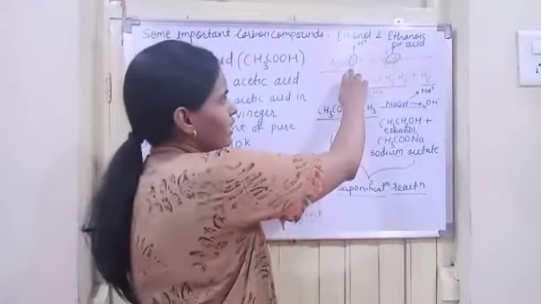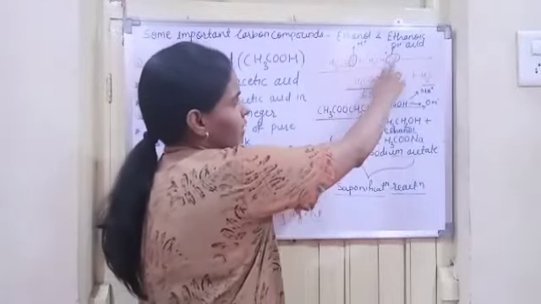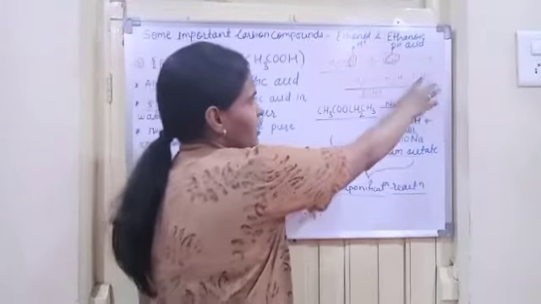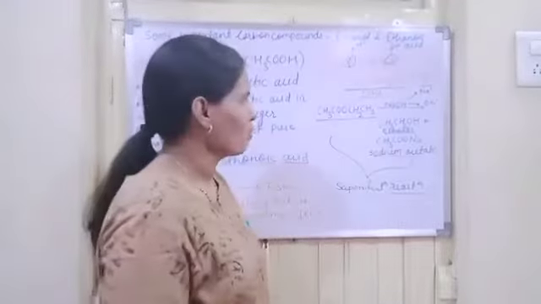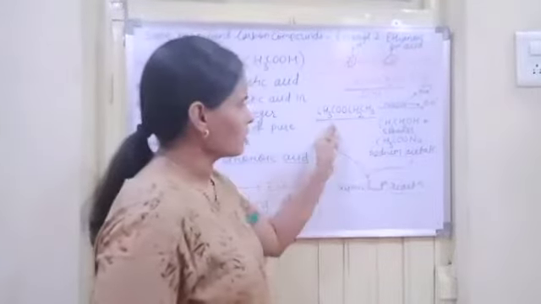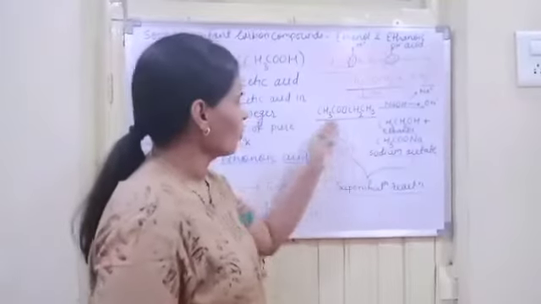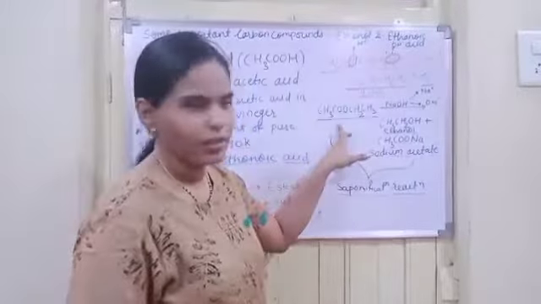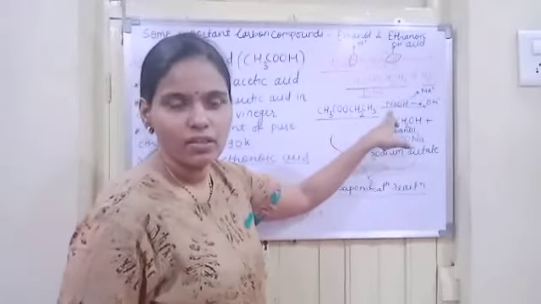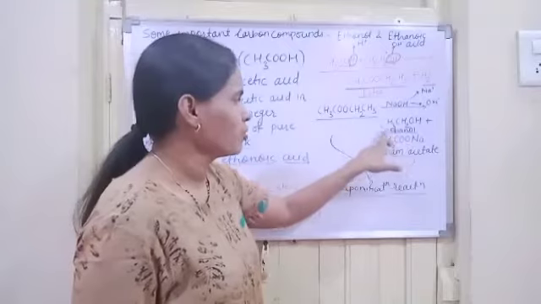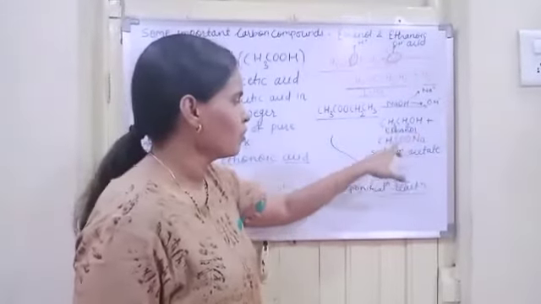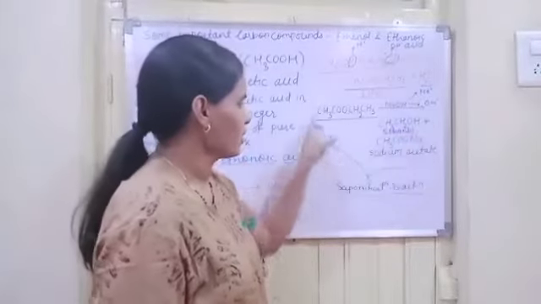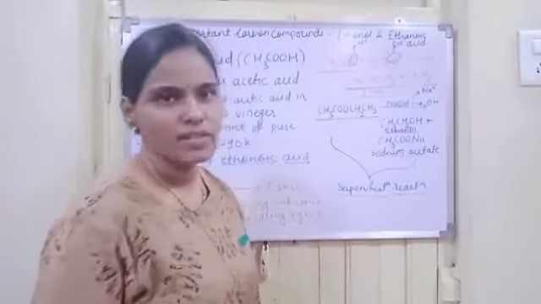Here there is H plus ion, and here it is OH minus ion. They are oppositely charged ions, have strong affinity, and result in the formation of a water molecule. Now esters give back ethanol on treating with sodium hydroxide. When esters are treated with strong alkali, that is sodium hydroxide, it gives back ethanol along with the formation of a salt of sodium, that is sodium acetate, and this whole reaction is known as saponification reaction.